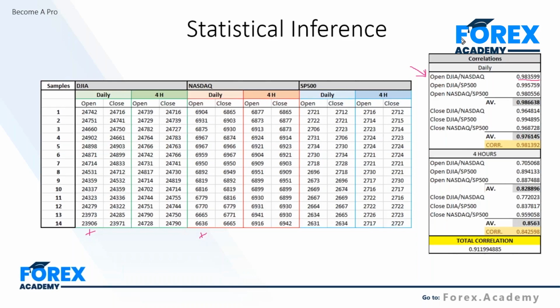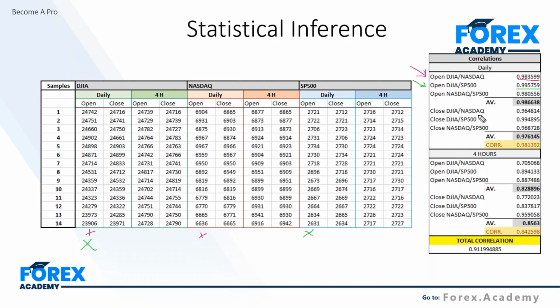Well, we've chosen to do the open of the Dow Jones again with the S&P, just on the daily price action. Again, the open prices are suggesting a stronger correlation of 0.99 in terms of the opening prices day by day over the sample period of 2 weeks, 14-day periods. Then we have a statistical inference of a correlation coefficient of 0.99. Very, very strongly correlated indeed.